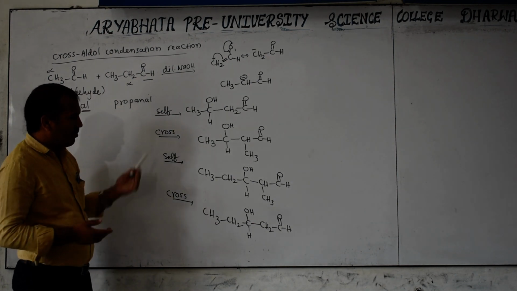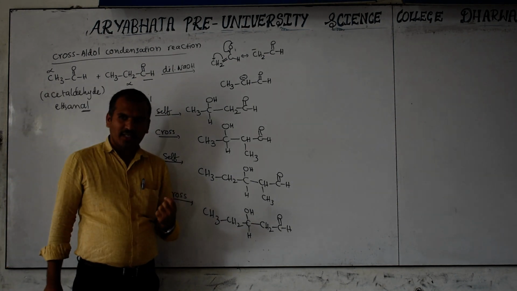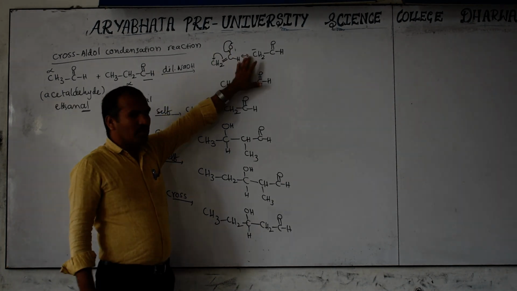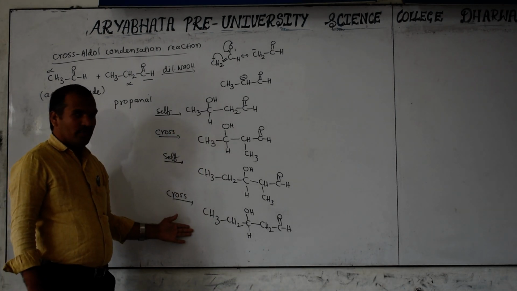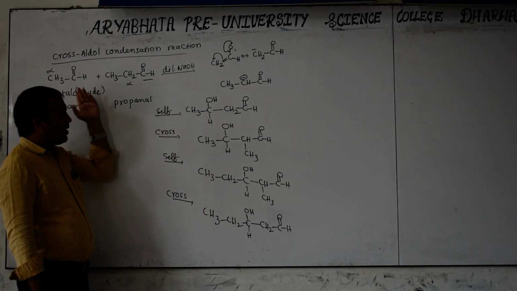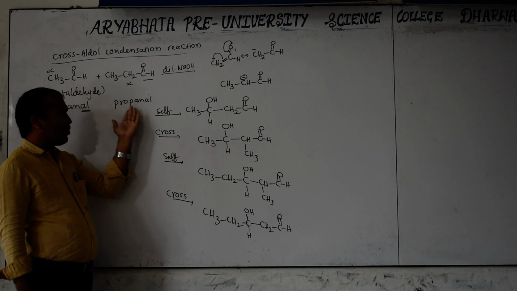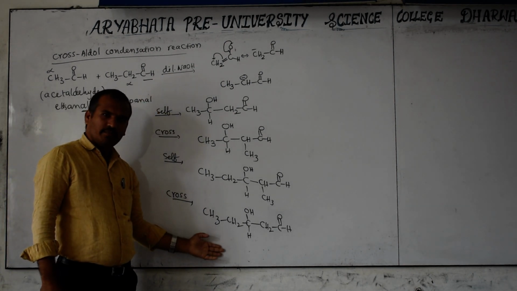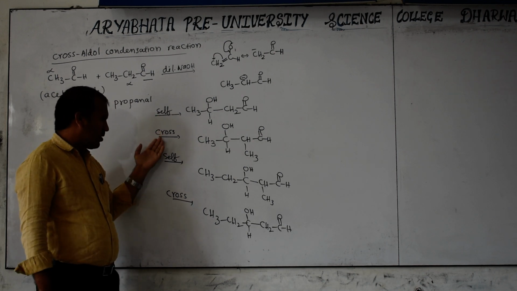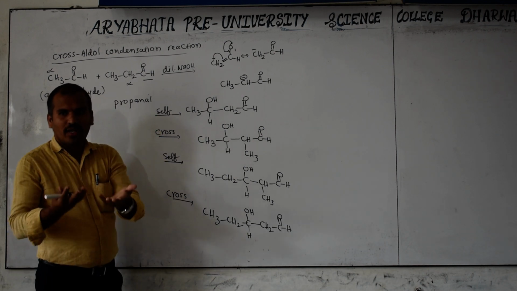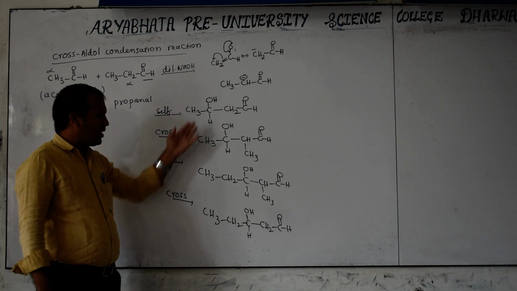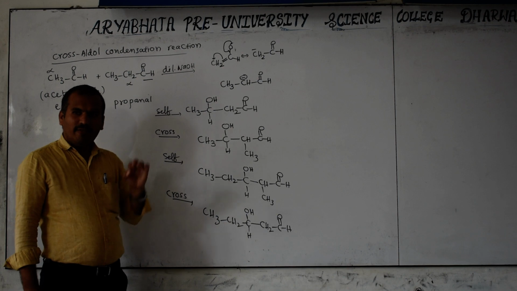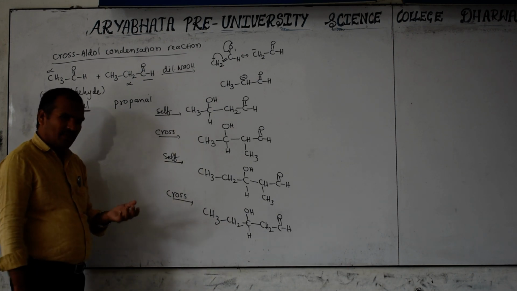Remaining, there is nothing. But in the PUC exam they are asking this question: write the cross aldol condensation reaction. There is no need to write this. All these products you have to write. Acetaldehyde reacts with propanal in the presence of dilute NaOH. It gives 4 products. No need to write self, cross, self, cross. This is for your understanding purpose. I explain this; you just write these products. Total how many products form? 4. This question will be asked only in competitive exams.